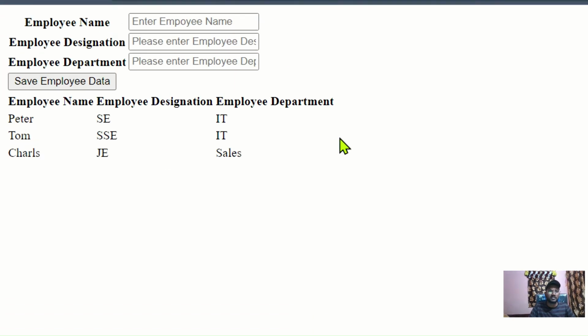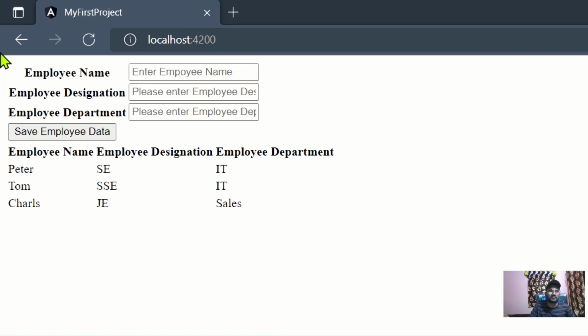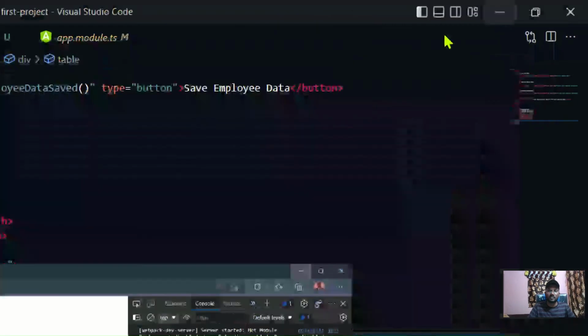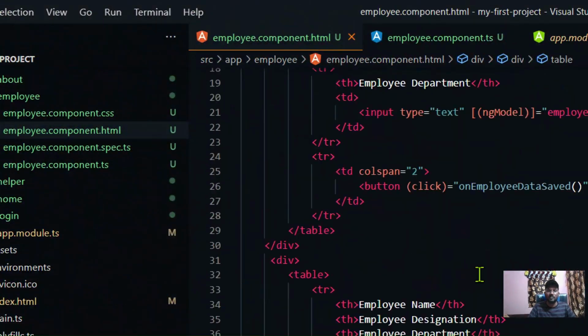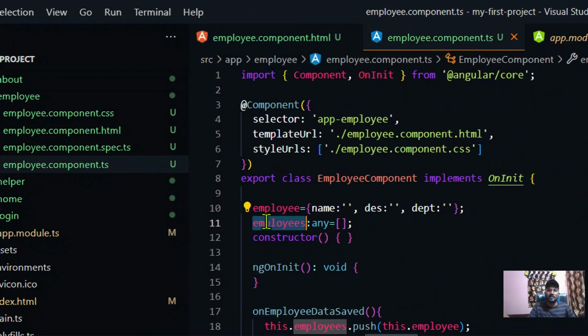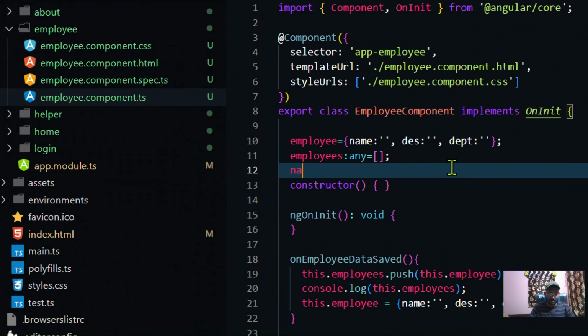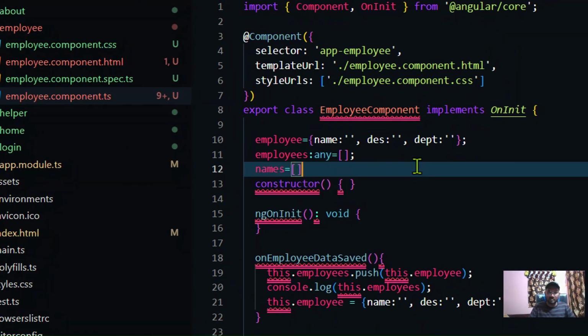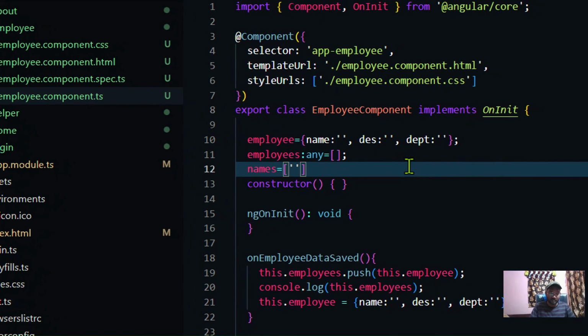So this is how you can just use ngFor, and this is a micro project, you can say, and you can just use it to iterate over any array, whether it is a simple array or a complex array. So let us do one more thing just to explain more about ngFor. Let me create an array of names, right? Hard-coded names. So the names could be anything. So inside this array I'm going to have some name SGSM,